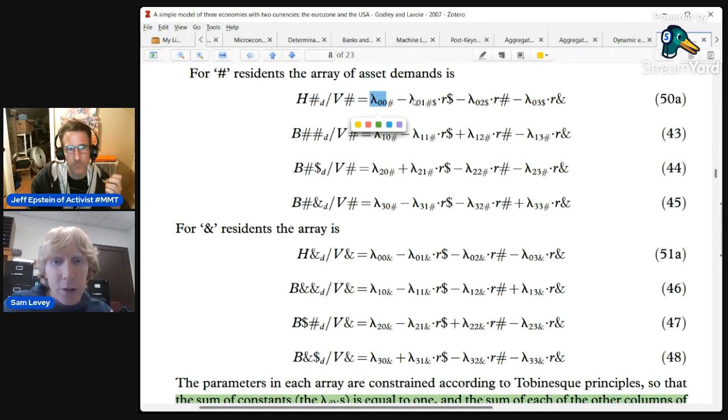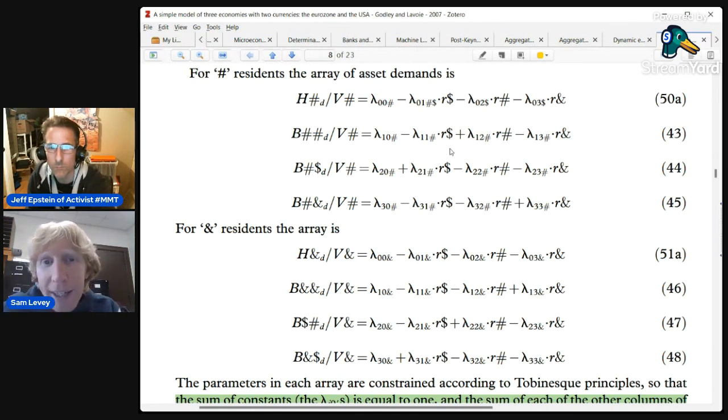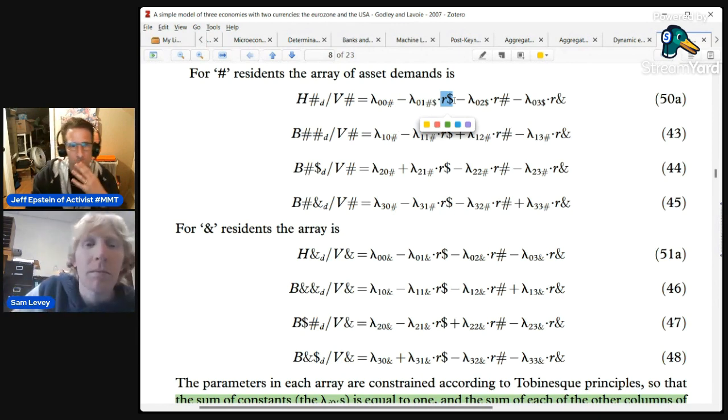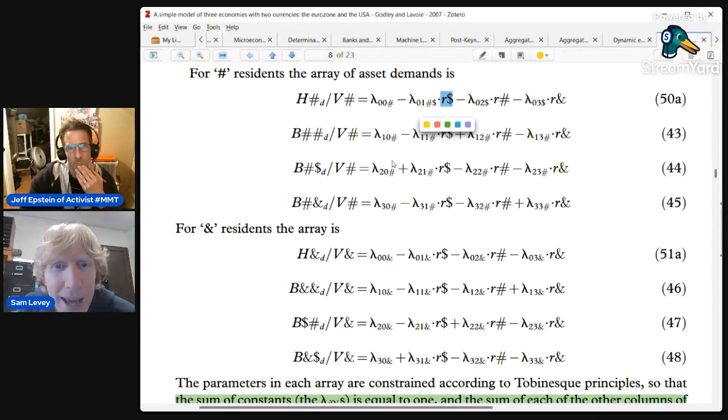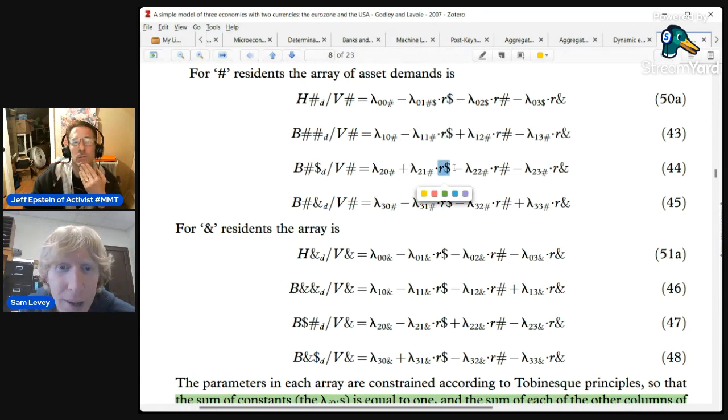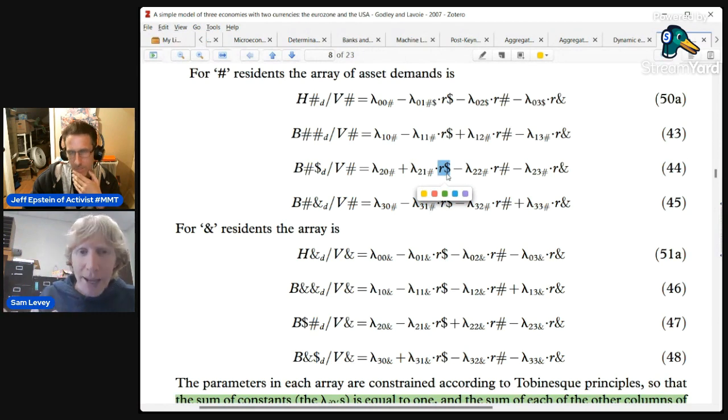Now I'm going to bring back the other terms. I think the way to do this is probably to bring them back one column at a time. So let's suppose now that the dollar interest rate matters. Here's how it's going to matter, and you can see it based on the pluses and minus signs. If the dollar interest rate goes up, then you want more U.S. government bonds because they pay more interest.